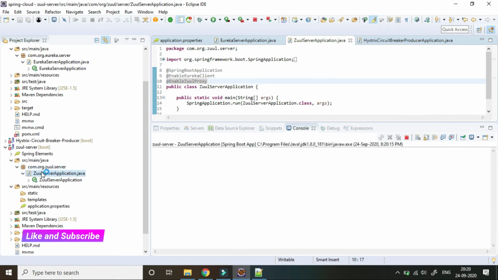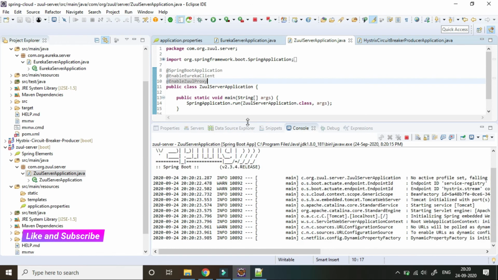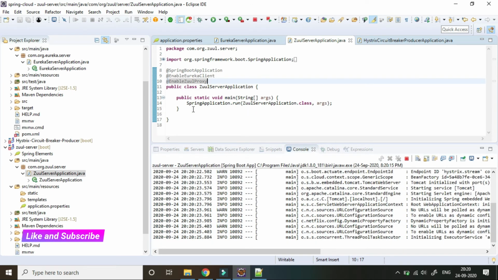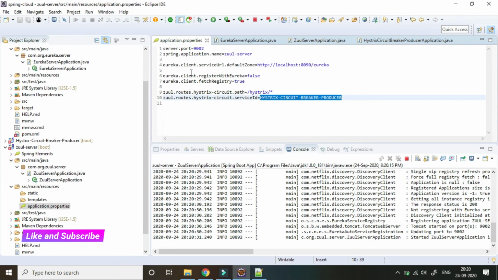You can easily see we don't have any controller layer in our Zuul application. We have only the main method, and that main method is annotated with enable Eureka client and enable Zuul proxy, and also we have some configuration in the application properties file.